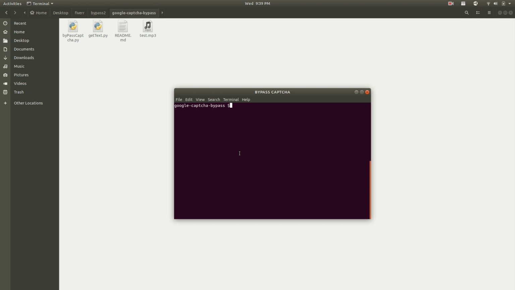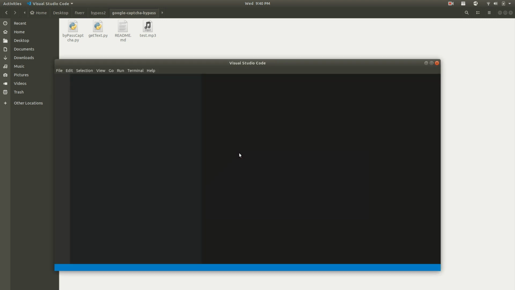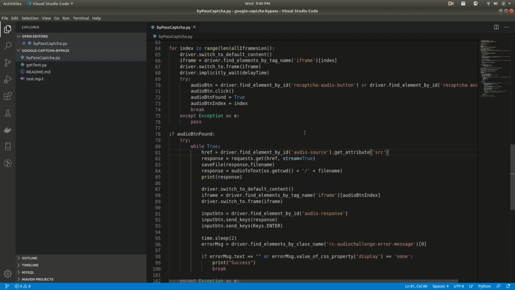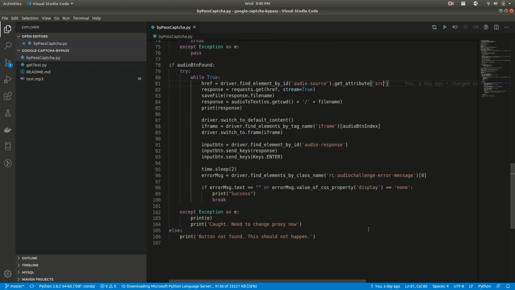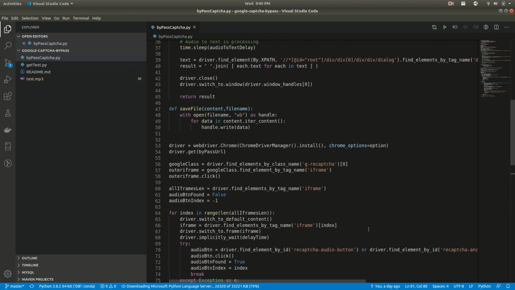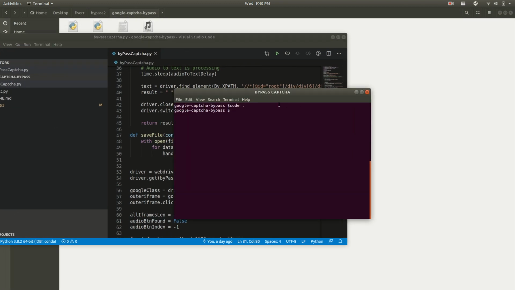In this video we'll be learning how to bypass Google CAPTCHA using Python, Selenium and with the help of IBM Watson. So let me first show you the code which I've written. This code is available on my GitHub page and you can check this out from there. We'll be further inspecting how the code is written so you can change it according to your needs. So let me show you the example and what we're trying to do.